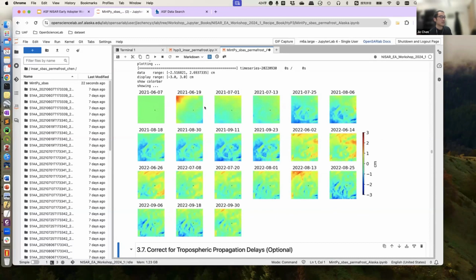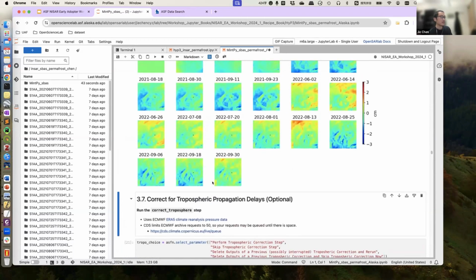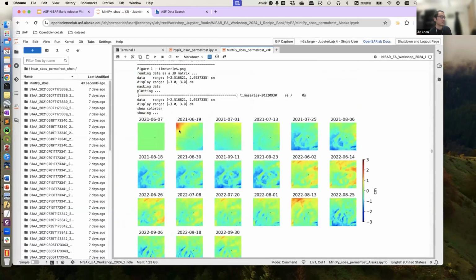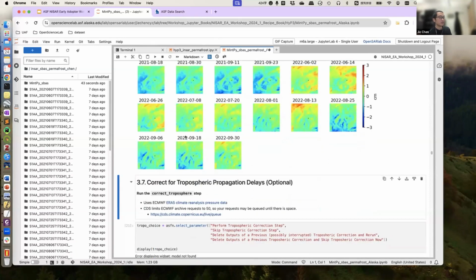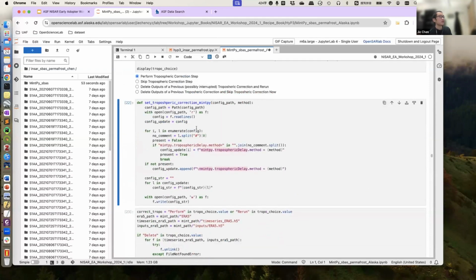You can see the seasonal subsidence, the accumulated seasonal subsidence, from late September in these regions, and the second year is almost the same. But we also see that there are still some atmospheric errors, so we can try to perform the